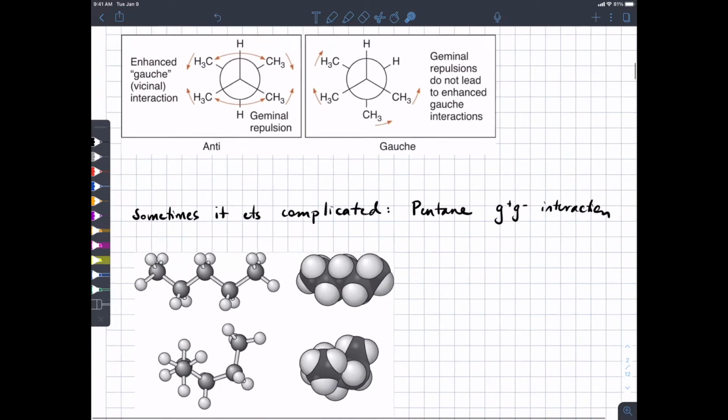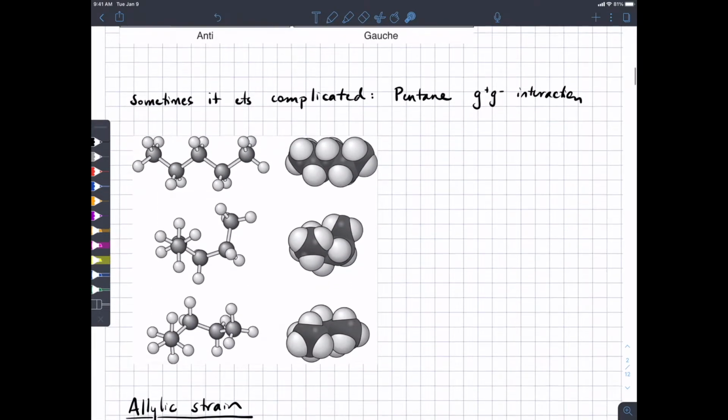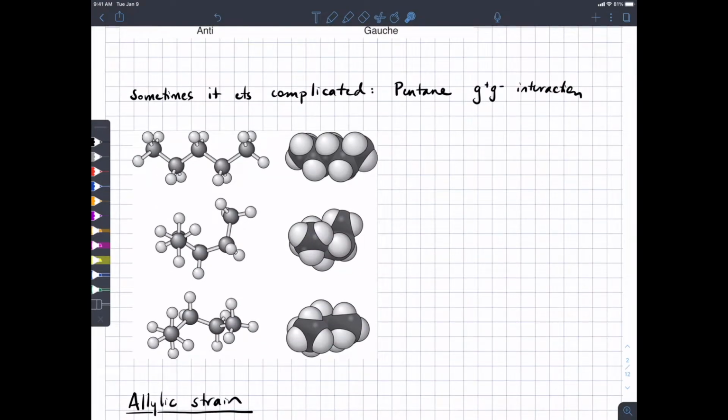It can get more complicated, and you've seen this maybe in your computational assignment with pentane. And I totally didn't understand this until I actually sat down and did the assignment myself. So there are just a couple of unique conformations in pentane. They're showing 3 here. There's actually one more that they're not showing you. But for the sake of our discussion, we'll call this 1, 2, 3, 4, and 5. And the two bonds that we're worried about are the bond between 2 and 3, and then the bond between 3 and 4. Now, as we've drawn this, if you were to put your eye in the plane of the page,